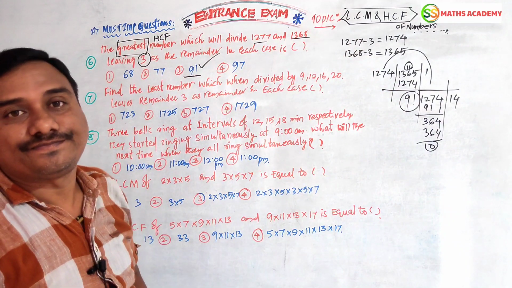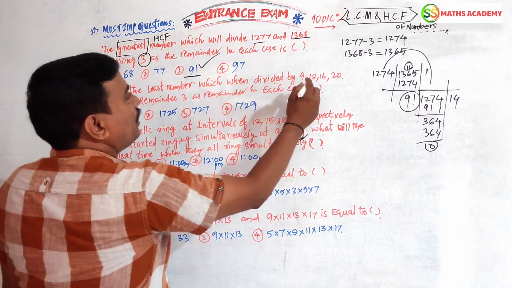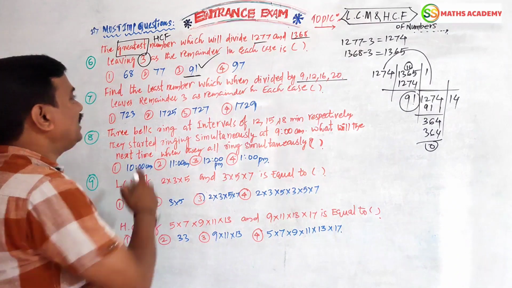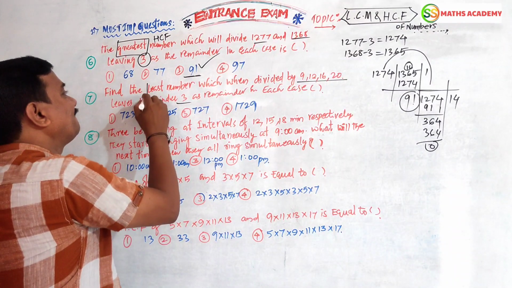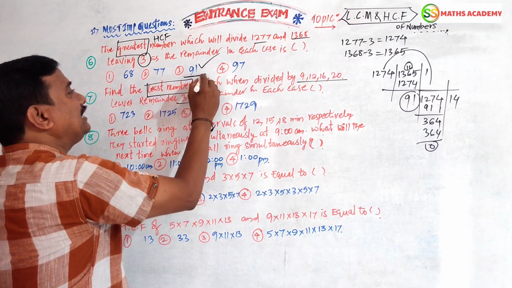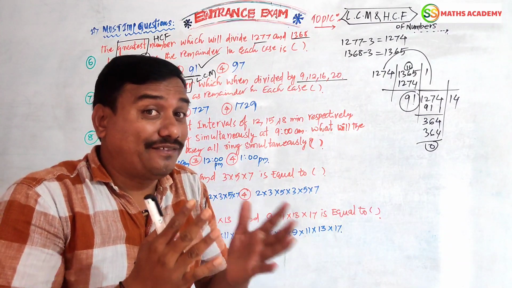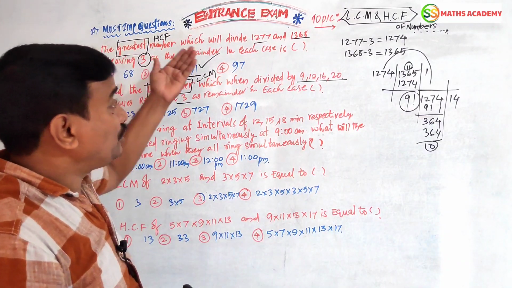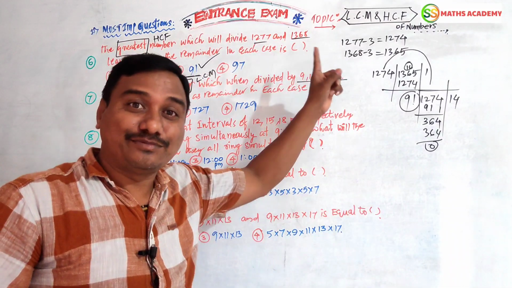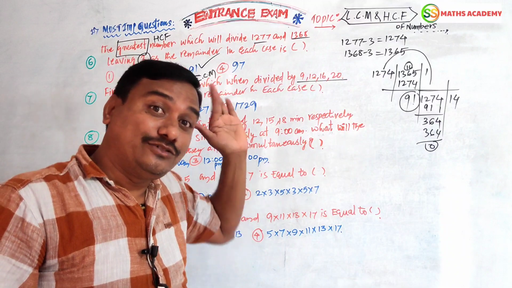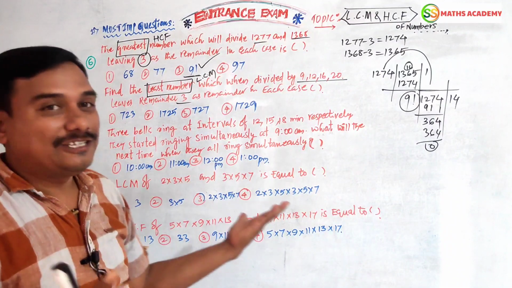Next. Find the least number which when divided by 9, 12, 16, 20 gives a remainder 3. Here, what is the important keyword, friends? Least means LCM. In this case, what is the beauty of maths here? In the HCF case we subtract first. Here, after doing the LCM we should add. There we subtract first, then do the HCF. Here do the LCM, and after that you add the remainder to the answer. Then you will get the answer.